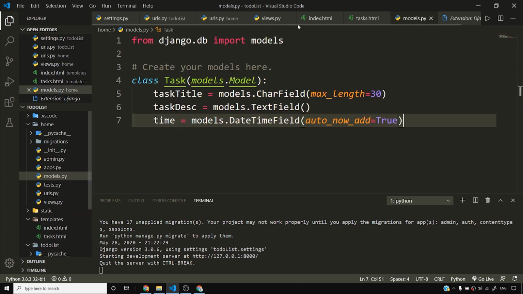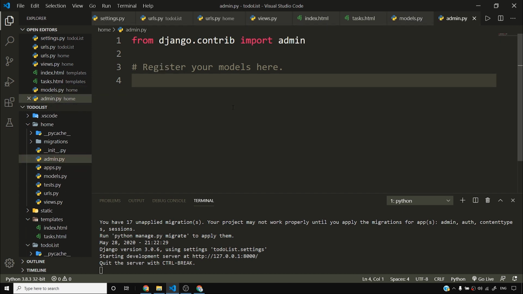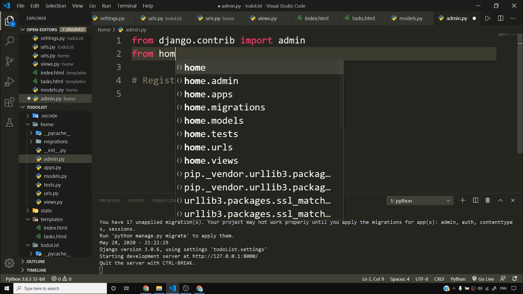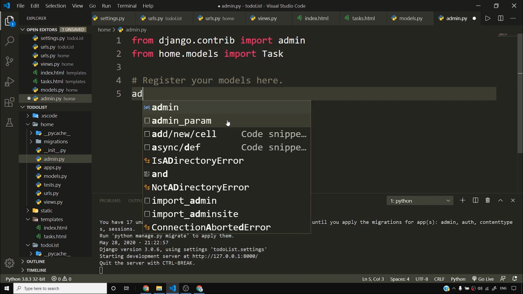And at the same time, I want to register my models, because if I don't register this model, I will not see it in Django admin, and I don't want that. So I'll come to my admin.py and I'll say from home.models import, or what was the name of my model, it was Task, and then I'll say